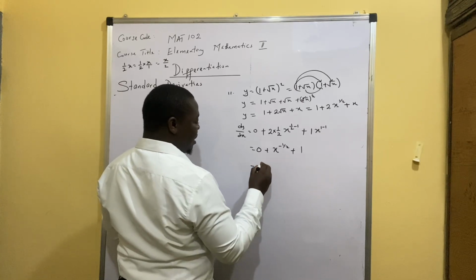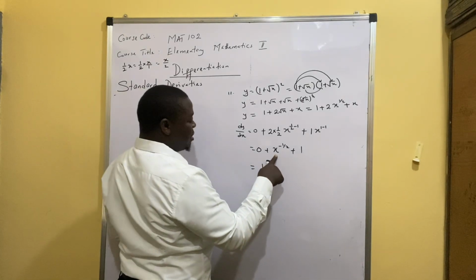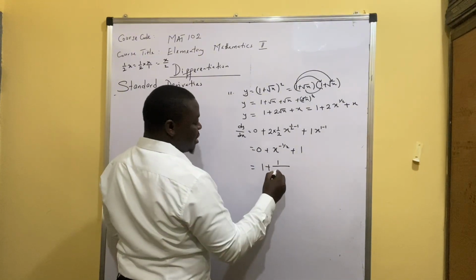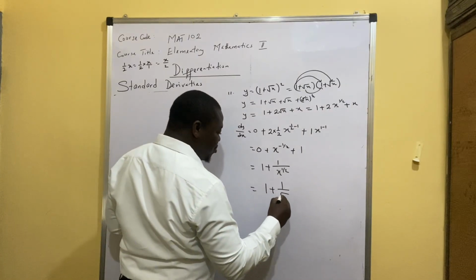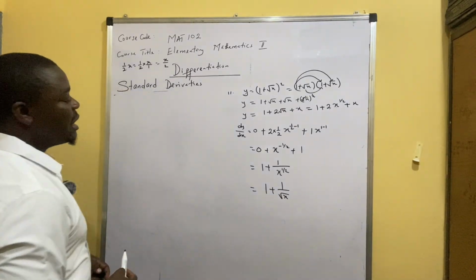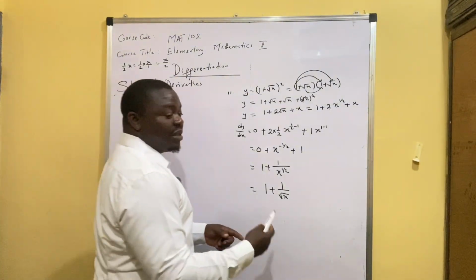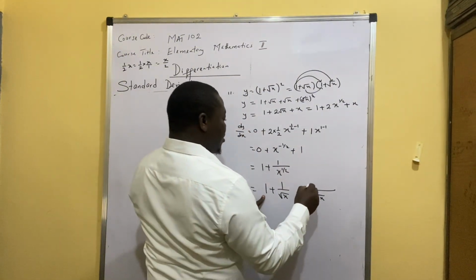So this we can simplify as 1 plus, applying the law of indices here, because we can't leave this one like this. What will it give us? 1 over, because of the minus, x to the power half, so we have 1 plus 1 over root x. Now, you may leave the answer this way to school. If you see an option that looks like this, fine. But you can still make it look beautiful by finding the LCM, and the LCM is just root x, and that will be root x